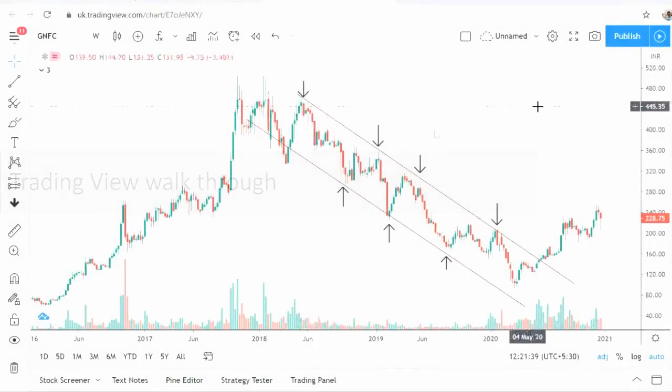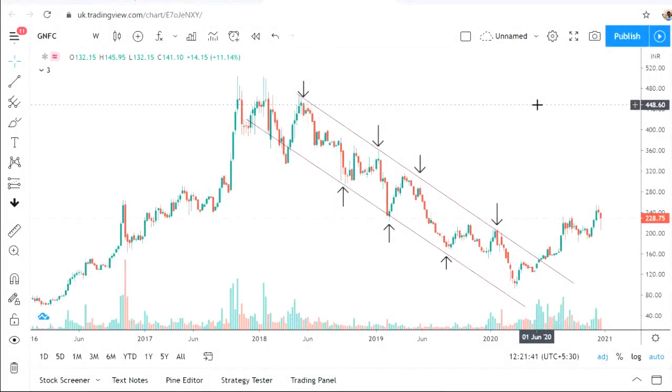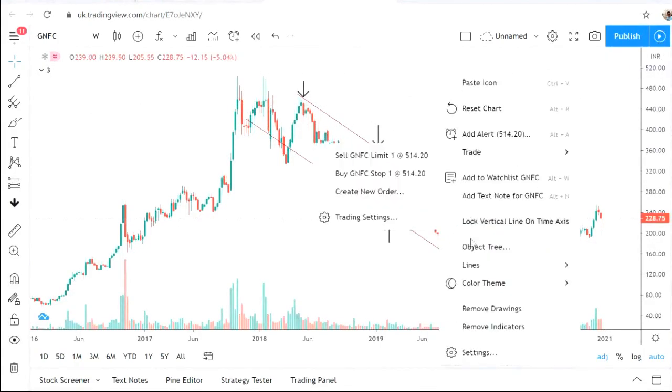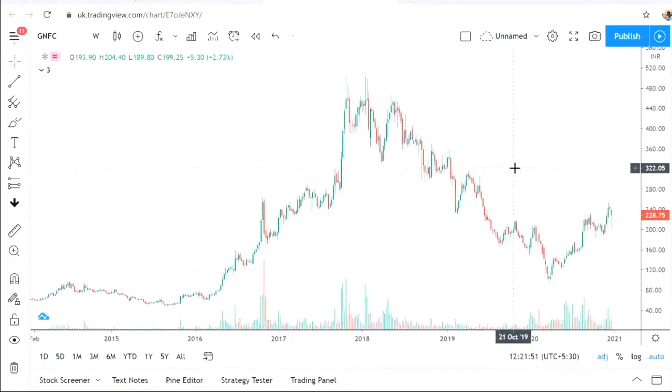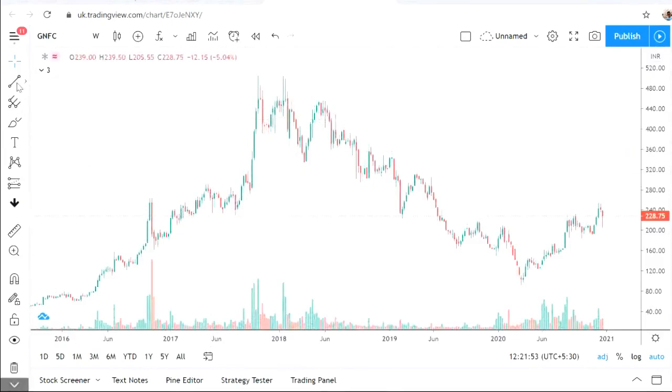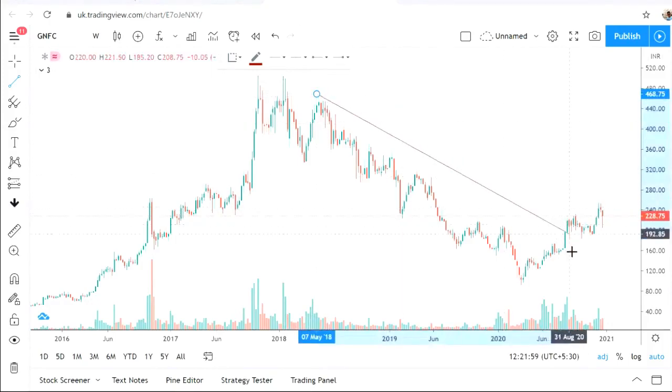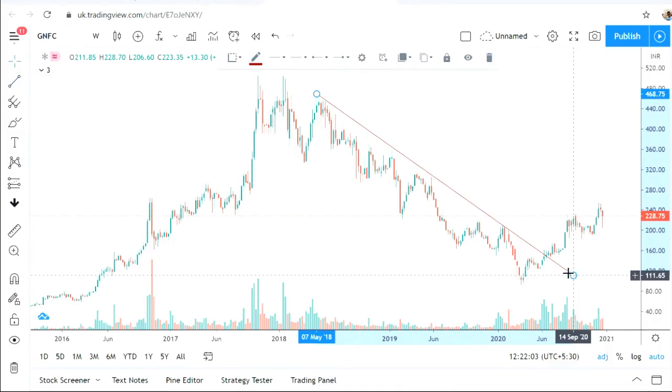Now let's go to TradingView and try to figure out how we can plot channels. Okay, I am considering the same chart here and we will plot this now. I'll remove all the lines first. Okay, see. So first of all, you need a trend line. There has to be a trend, right? So let's draw a trend line. This is a trend line.